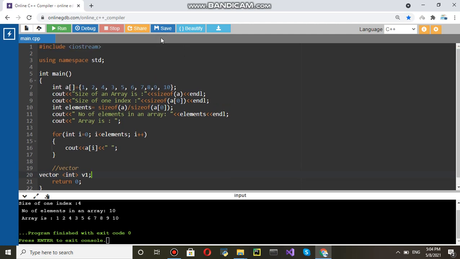And to use vector we need to include the library, so we can write include and then vector.